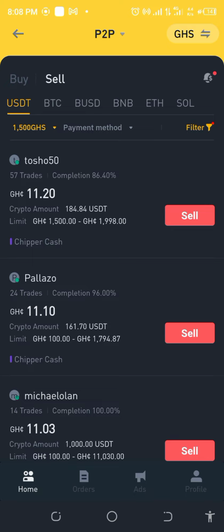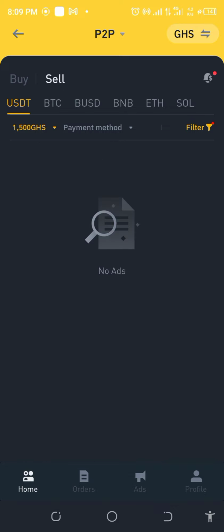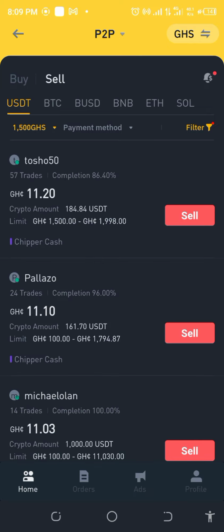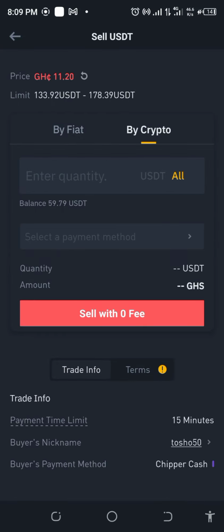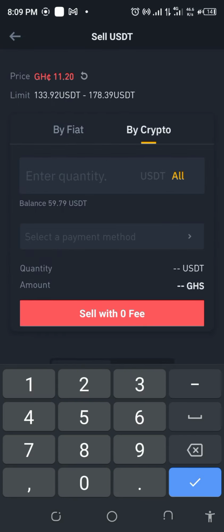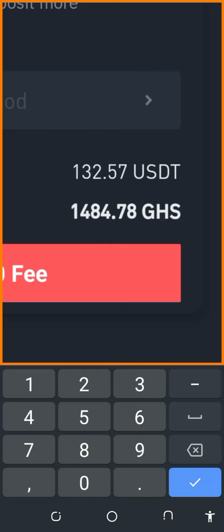Because the whole idea is that you're trying to make profit with this, and we can see a difference, right, between the amount that you're going to eventually buy it at and the amount you're going to sell it at. And that's the concept, that you can make money, and that's the arbitrage that you're looking at, right? So if I sell it off with this particular payment method, and I put 132.57, what do I make? What you're going to get in your Chipper Cash account will be